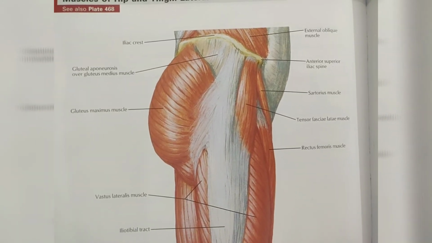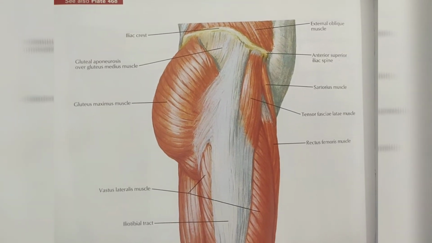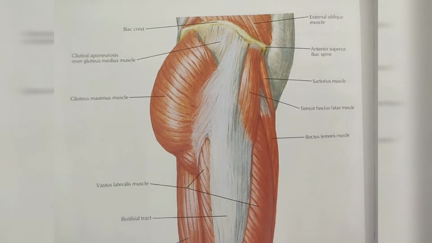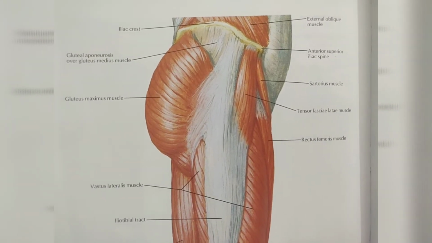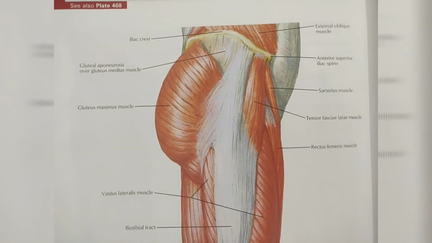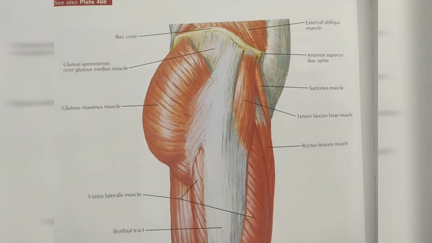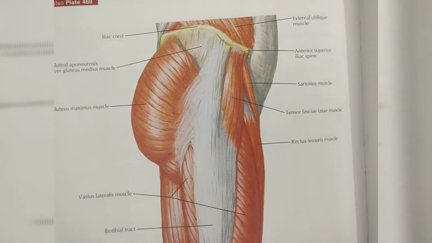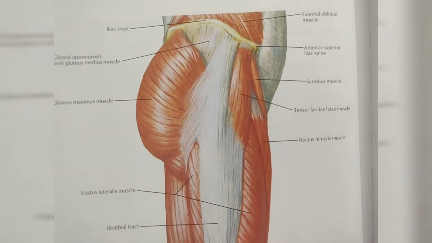Iliotibial tract stabilizes the knee both in extension and in partial flexion and is used constantly during walking and running. While leaning forwards with slightly flexed knees, the iliotibial tract is the main support of the knee against gravity.